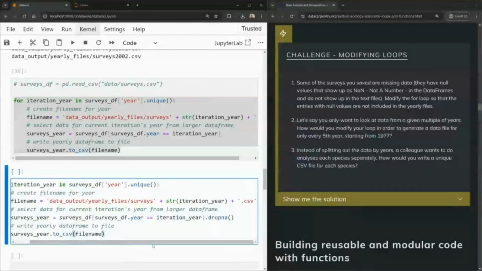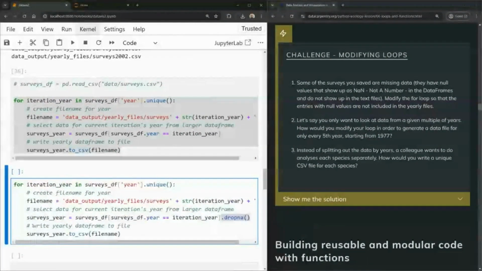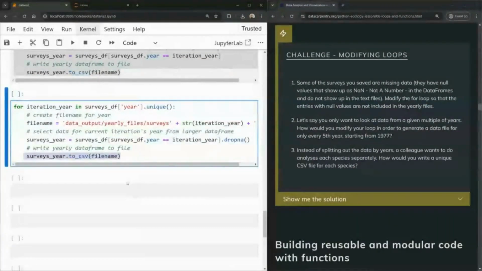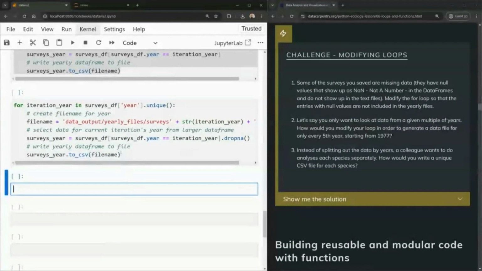So here, by dropping all the lines with an A, then as we save here, the files will not include those records. Next,